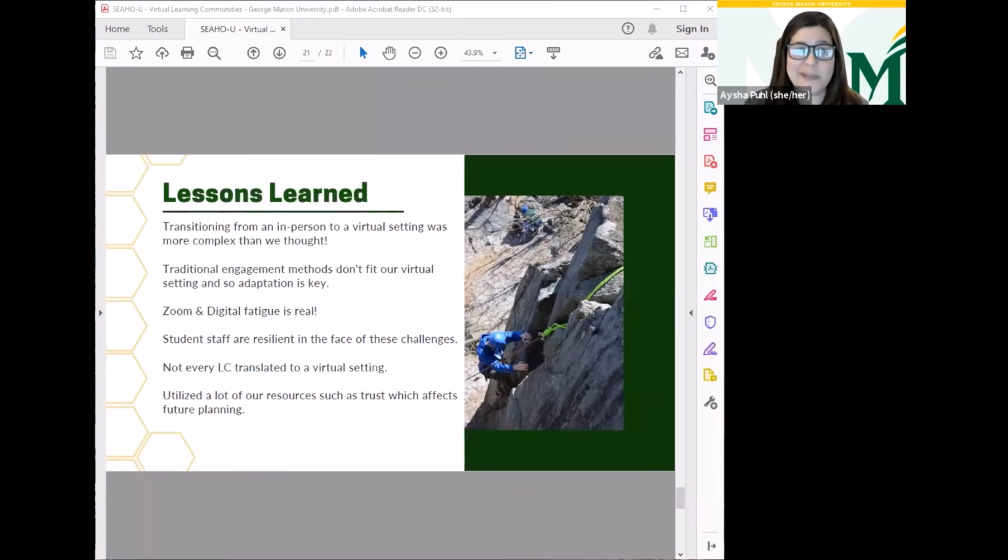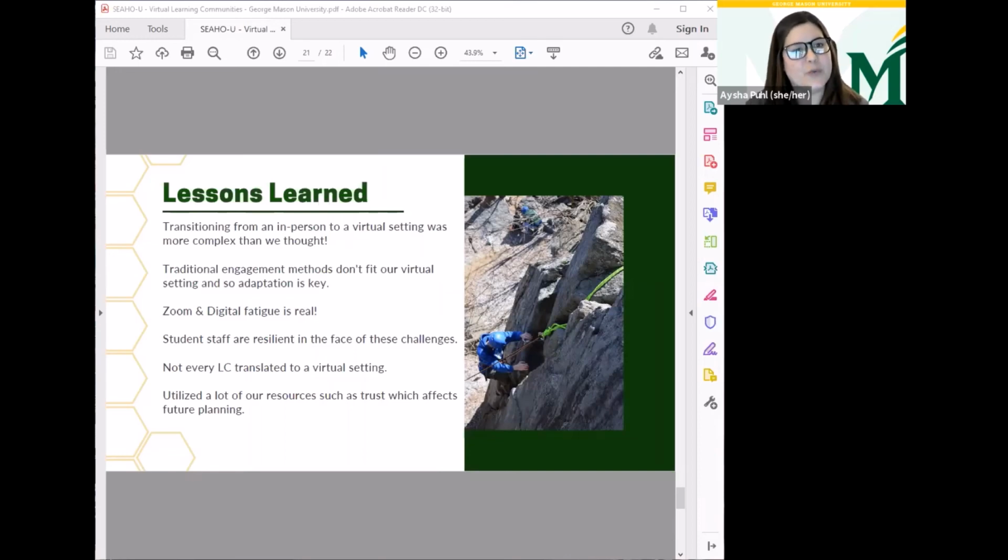Zoom fatigue is real, and that is something that we are seeing in the engagement in particular. Hanging out with your friends in the lounge is very hard to replicate in a virtual model, and that's one of the core components of a learning community model, that social engagement outside the classroom. And we are recognizing more and more that our students are fatigued by virtual learning and also virtual engagement. But our student staff are incredibly resilient, and many of them will continue to try. They are very invested in connecting with students and providing them with that support